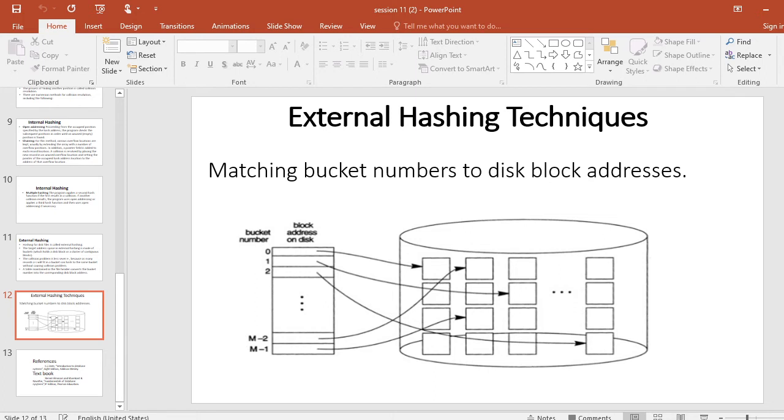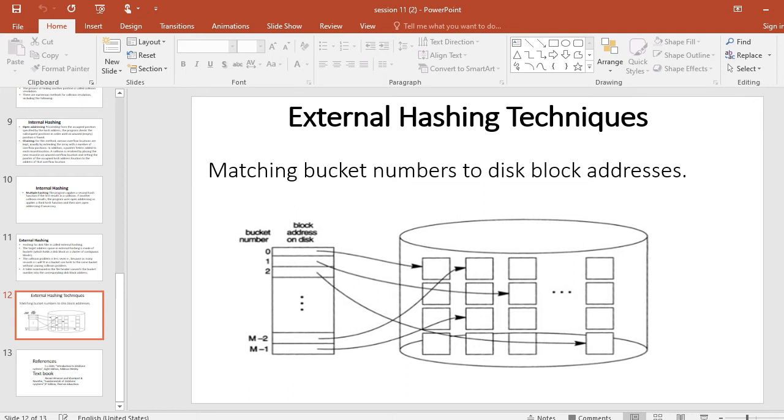Another concept is bucket splitting. Suppose a newly inserted record causes overflow in the bucket whose hash value starts with 01. The records will be distributed between two buckets: the first containing all records whose hash values start with 010, and the second all those whose hash values start with 011.